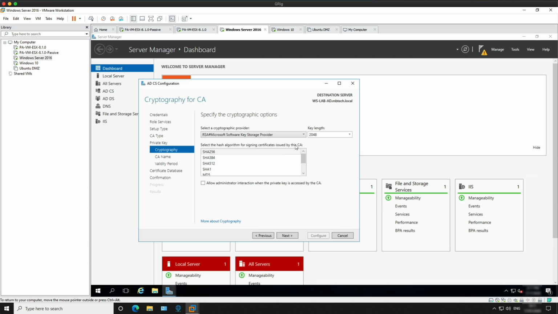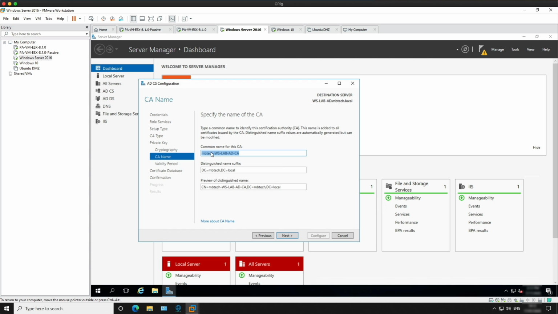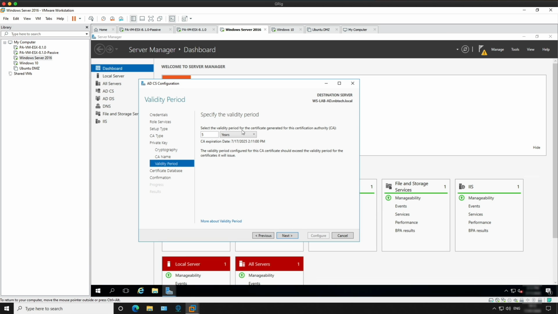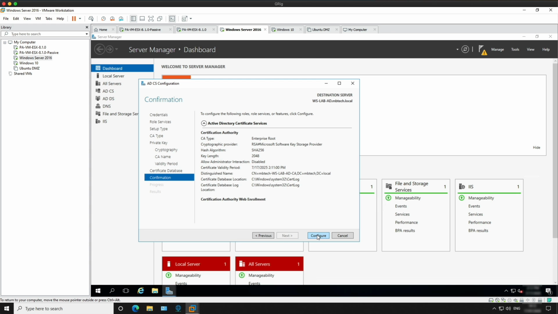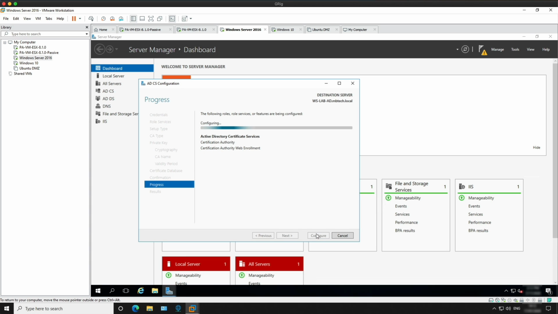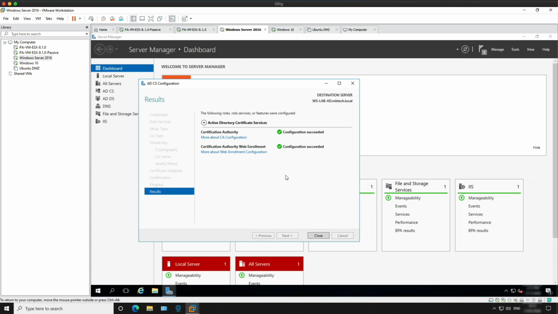Just going to leave these cryptographic options as default. Click next. Just going to leave these names at the default. Click next, and then the validity period is 5 years. Just leave that one. Next, next, and then click configure, and then allow it to do its stuff. And there we go, the configuration has succeeded,